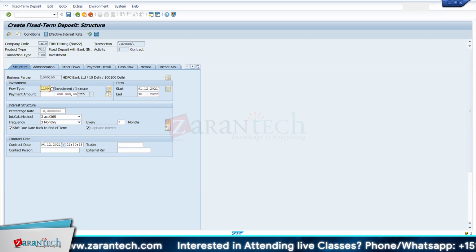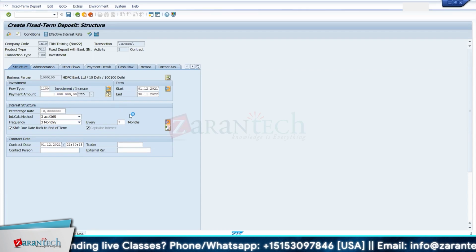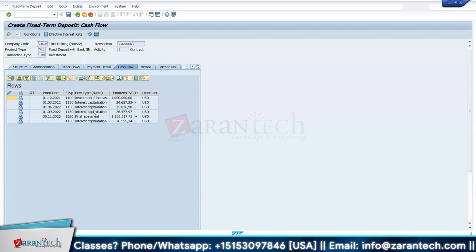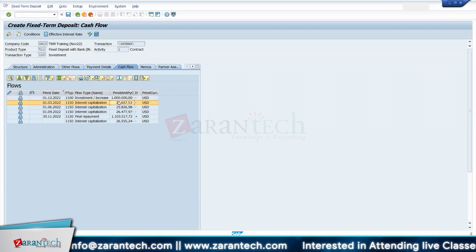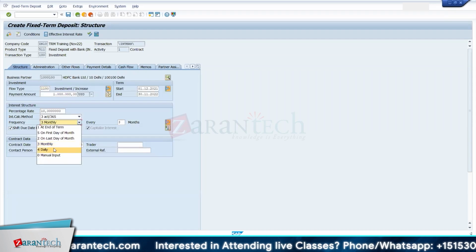Okay, so contract date I will change to first. The impact is, first I will show you the impact. If I say frequency is 3 months, then in the cash flow you will see the impact. So you see here, 1st December, this is the total 1 million of fixed deposit. Every quarter, this much interest is getting accrued, and finally I will get this much as my final repayment. Suppose here I say this is end of the term,